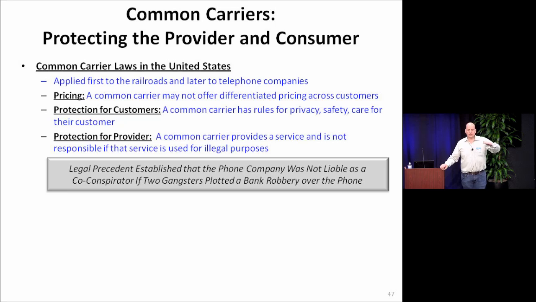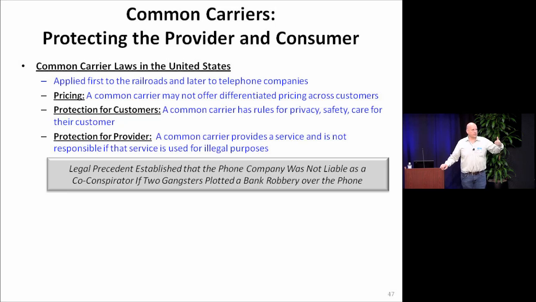You have to protect the customer, and if you don't keep them alive, if you don't keep them comfortable, if you don't do all these things, and this is very much what you see with the airplanes lately and the fuss over whether they can lock you up on the tarmac for 12 hours, it is all part of the common carrier discussion, right? But there's also protection for the provider, right?